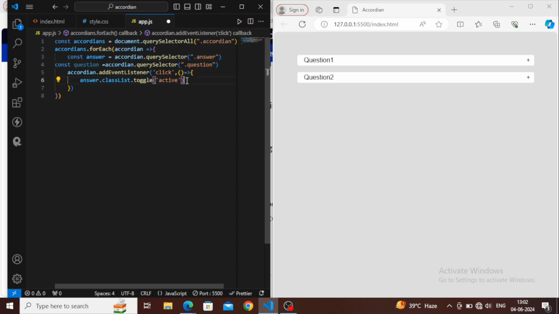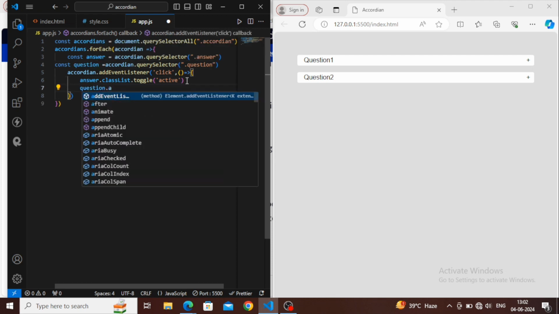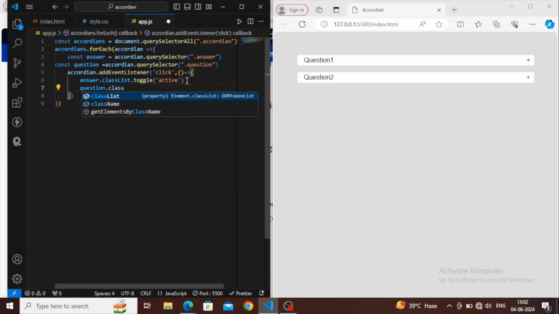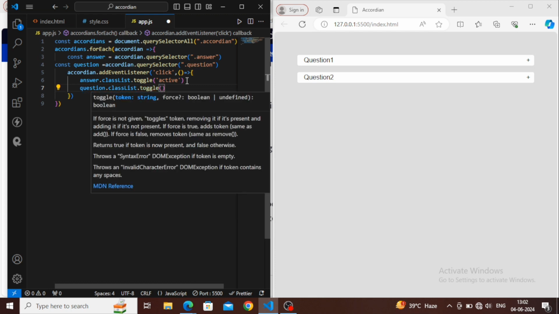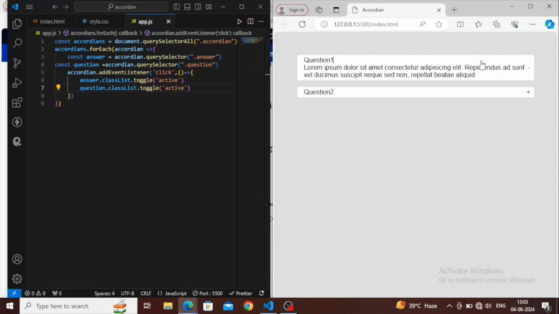And here we will do question dot classList dot toggle, and again the name of the class will be active. Now when we click on this, you can see we are getting the minus sign also.